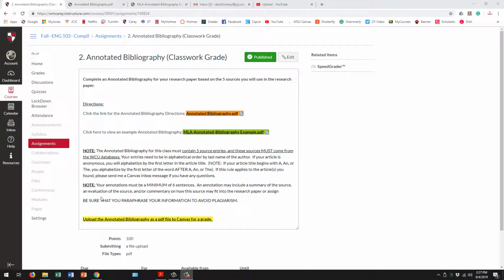Keep in mind that you have to have a minimum of 5 sources within this annotated bibliography, and each of these sources must come from the William Carey University databases. Each one of the annotations has to be at least a minimum of 6 sentences, and the directions given to you in these 2 links tell you the annotations typically provide a summary of the source, an evaluation of the source, and any type of commentary about how this source is going to fit your